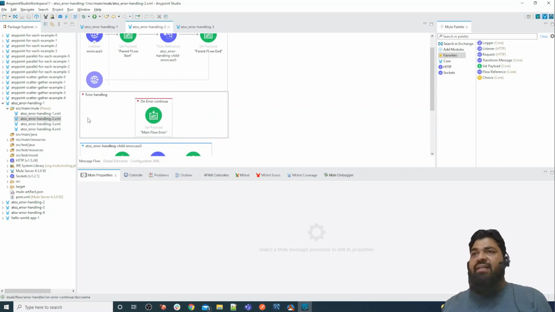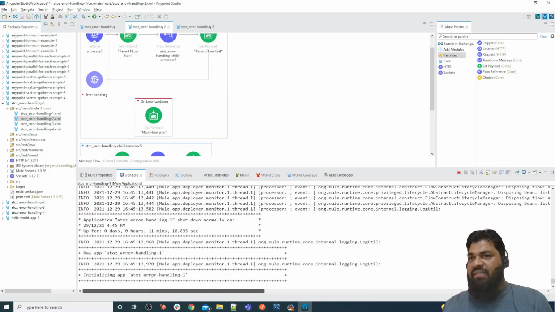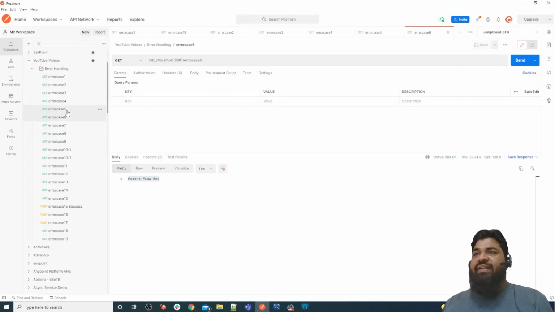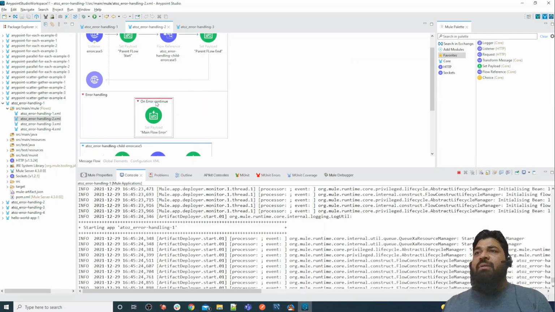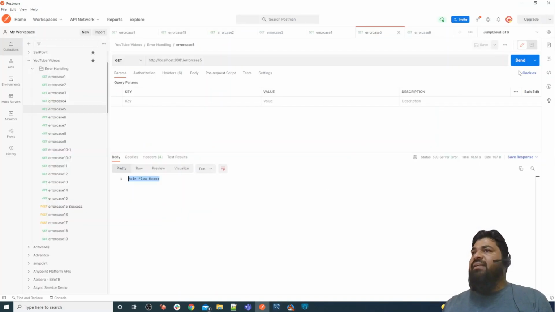So let's check what error case 5 will return. Let me check whether my application is deployed or not. Once it is deployed, I will take it. So in error case 5 we had a main flow error with 500 status code. Now we have replaced the parent flow with on error continue. Previously it was on error propagate. So let me send request 5.